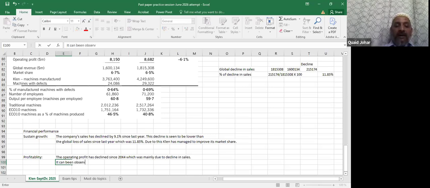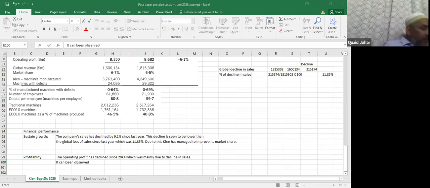इट कैन बी ऑब्जर्व दैट, सॉरी एक मिनट दीजिएगा, बैटरी लो हो रही है।